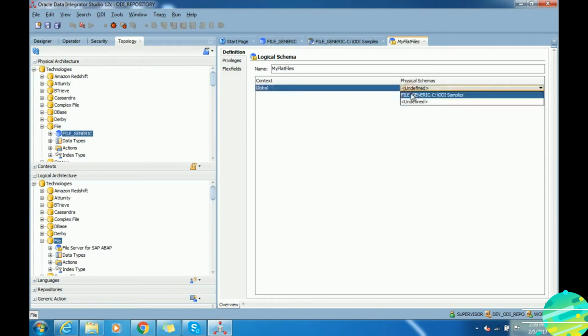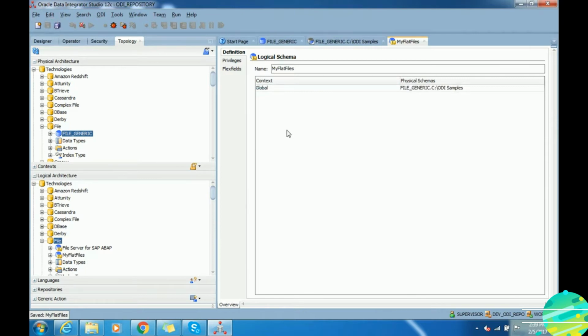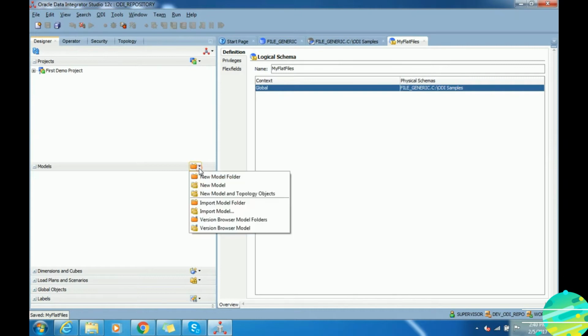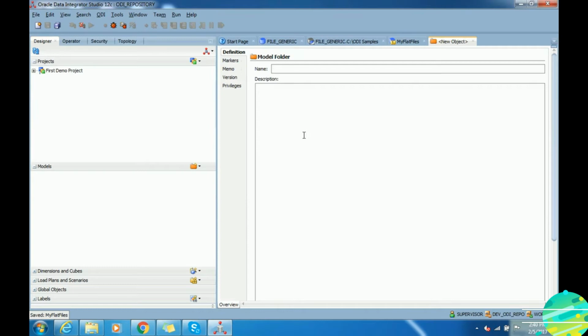And I'm going to assign this logical schema to the physical schema. Henceforth, in all my projects, ODI is going to refer to this logical schema name. It's not going to refer to the physical schema name. This is how it relates the logical schema name with the physical schema.